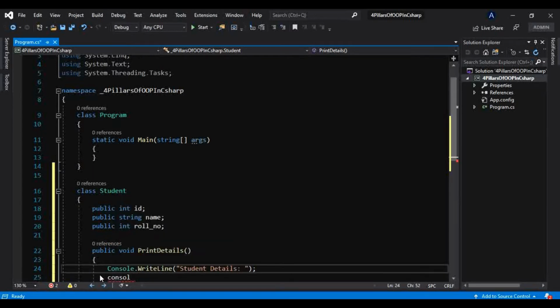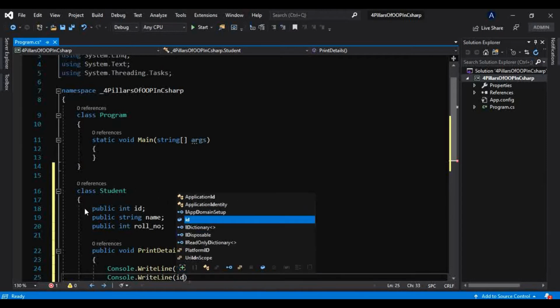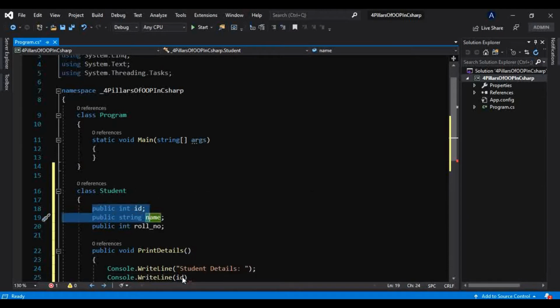If we take a fresh Console line, it will come after that line, and that also we have learned, why we take Write or why we take WriteLine, the difference between both these methods. So here I want to print the details of this student, that is ID, name, roll number.